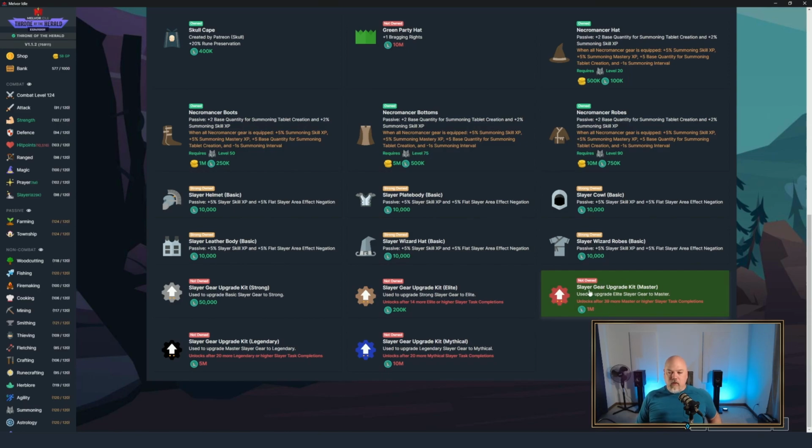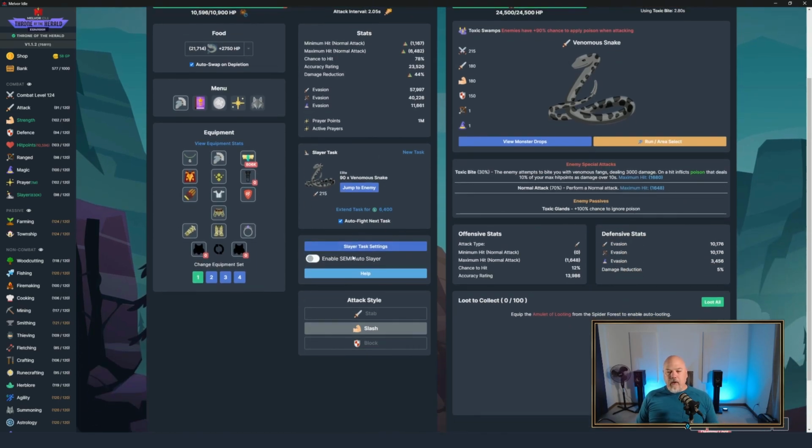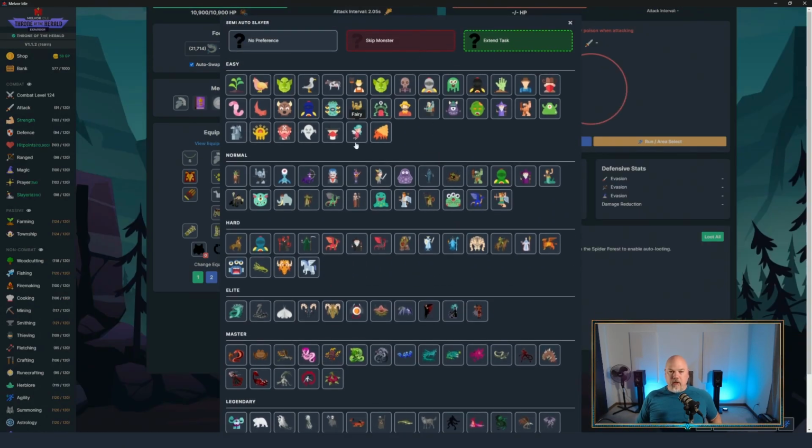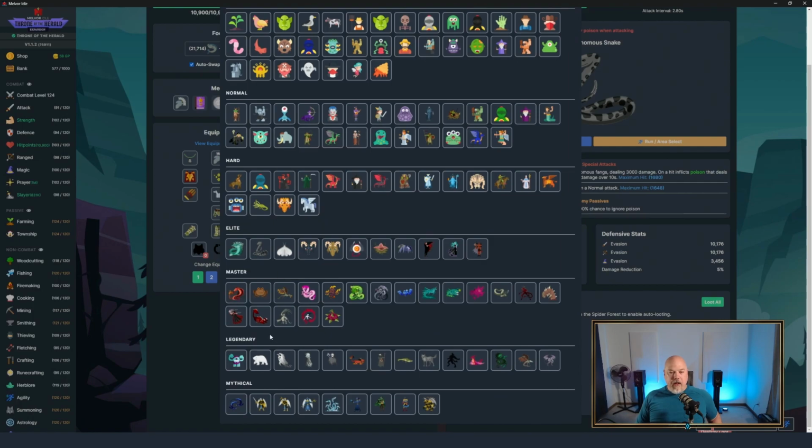I could switch over and start doing these tasks, but my gear kind of sucks. I'd really like to get this upgrade in place or kill other stuff. The other thing I'd point out is I have not tried the semi-auto Slayer because you have to leave this thing on. So I just go get a task and I don't know. I could use this thing. This is pretty cool. It looks really cool. Like you can skip monsters, you can extend tasks, blah, blah, blah. Basically, I think all you do is select which monster you want it to attack, and then it will switch between them